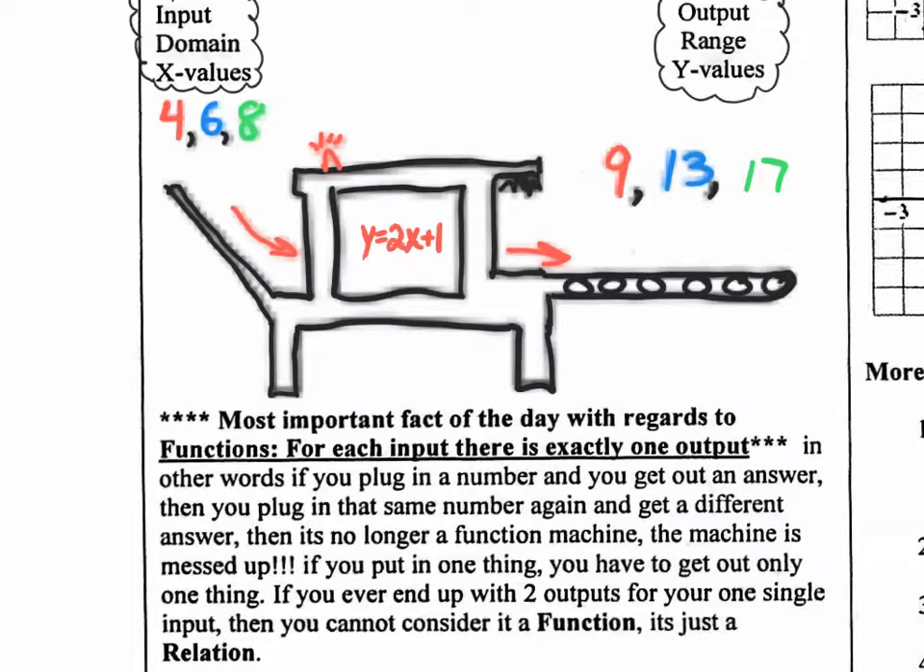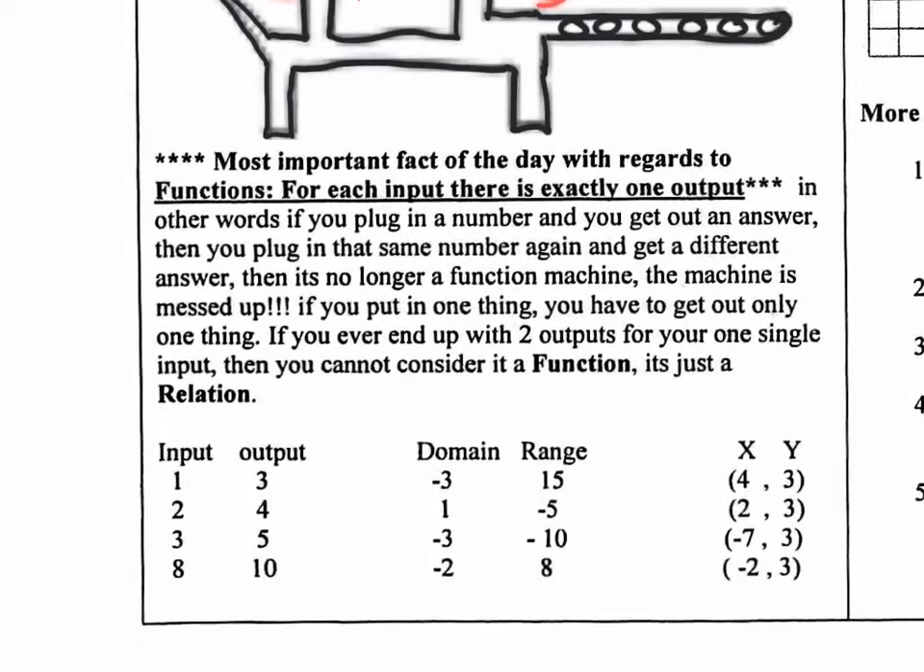That machine's broken, right? It's no longer a fully functional tortilla machine. So in order for you to consider a function, it has to be a working machine. For each input, there's exactly one output. So let's take a look at